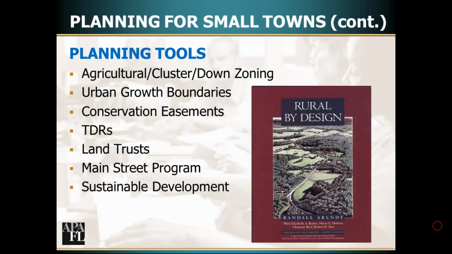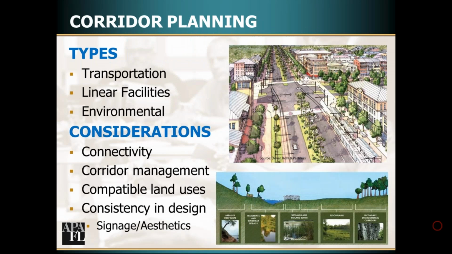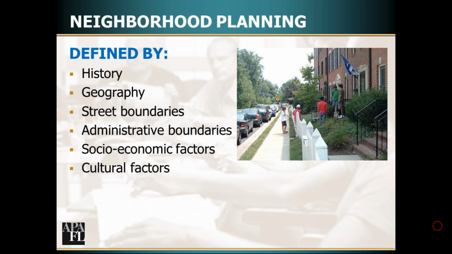We talked about this a lot. Agricultural zoning, cluster zoning, urban growth boundaries, conservation easements, land trusts, Main Street programs, sustainable development. Okay, corridor planning. Types: you have transportation corridors, you have linear facility corridors, which Susan is an expert on. You have environmental corridors. Some of the considerations are connectivity, corridor management, compatible land uses, consistency in design, signage, aesthetics,